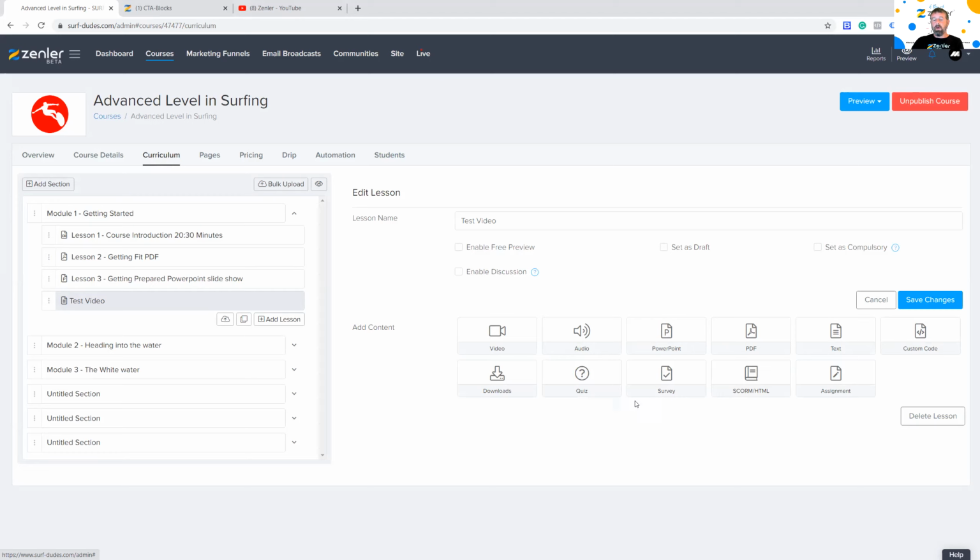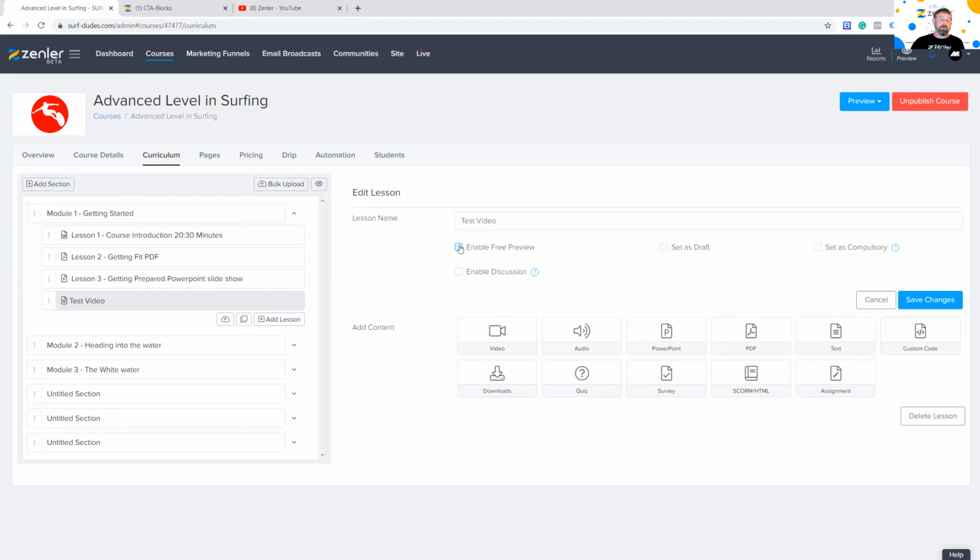We have quizzes and surveys. Quizzes and surveys are being completely revamped, but these work now. We also have SCORM and HTML. If you don't know about SCORM HTML, just don't worry about it. It's basically packages that create more of a learning experience inside of that area. And we have assignments where people can submit assignments. Assignments is really a good one, one of our premium features. So guys, if you're not on the Pro Premium, you won't have access to a few of these, but you have access to video. Up the top here, you can also assign that particular lesson as a free preview.